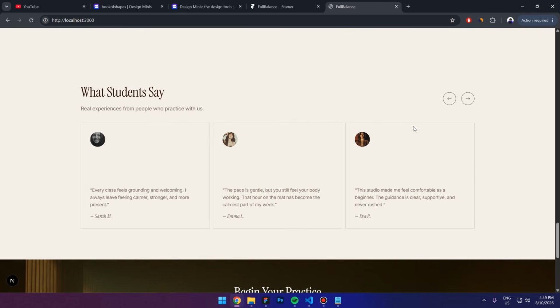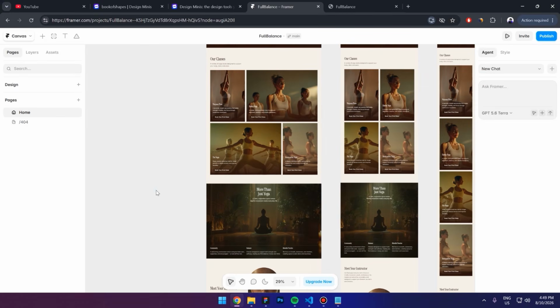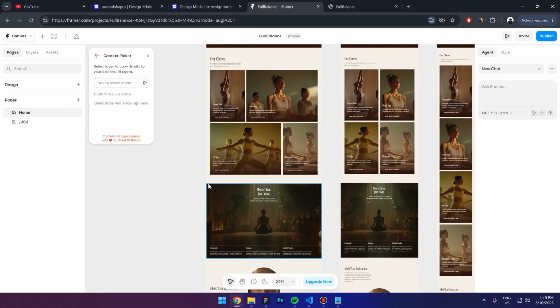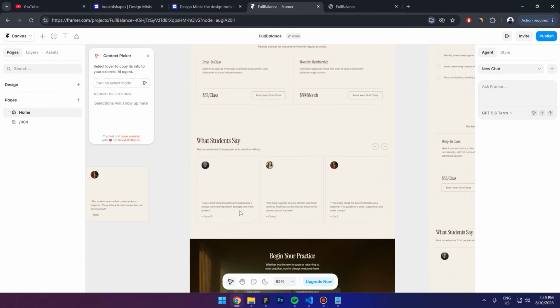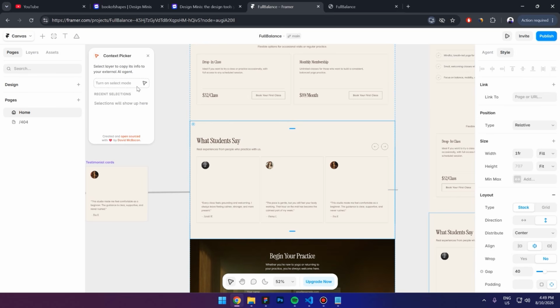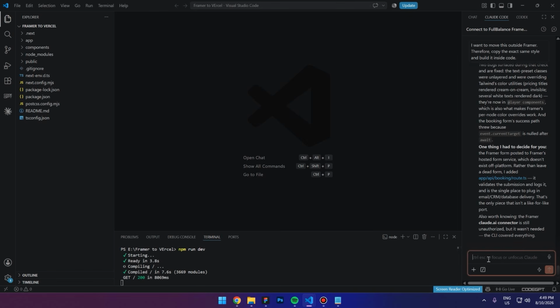Yeah, so the only thing that doesn't work is actually this section. So here is how we can fix it. I'm gonna press Ctrl K and look up for a plugin called Context Picker. Okay, now let's go to this component, or maybe let's select the entire section and then click on this button, and now we can copy the testimonials, go inside Claude, and let's say that